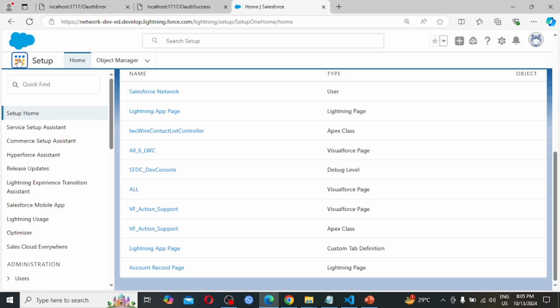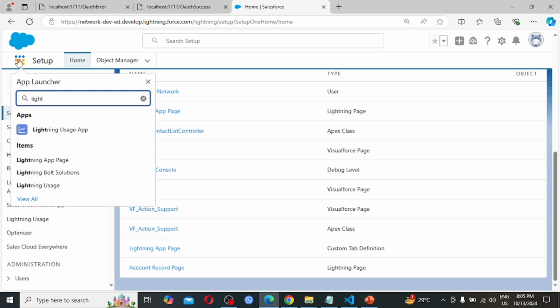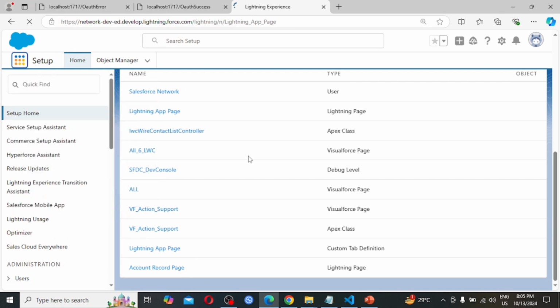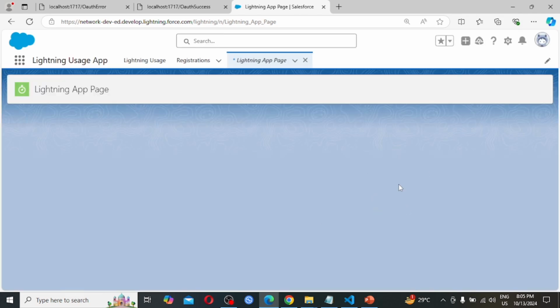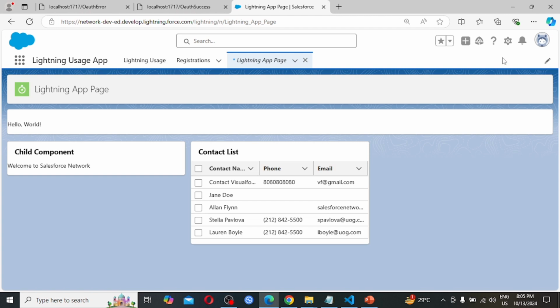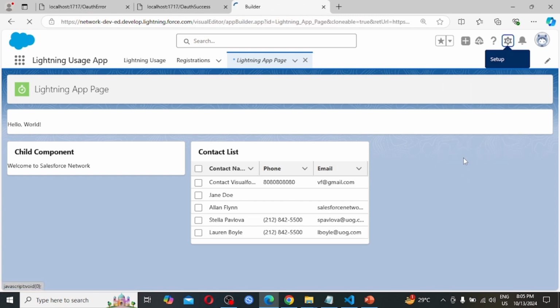So here I have to log in with my credentials. As I had already created a Lightning app page, I need to search for that. Click open. At the right side here I have to click on setting, click edit page.